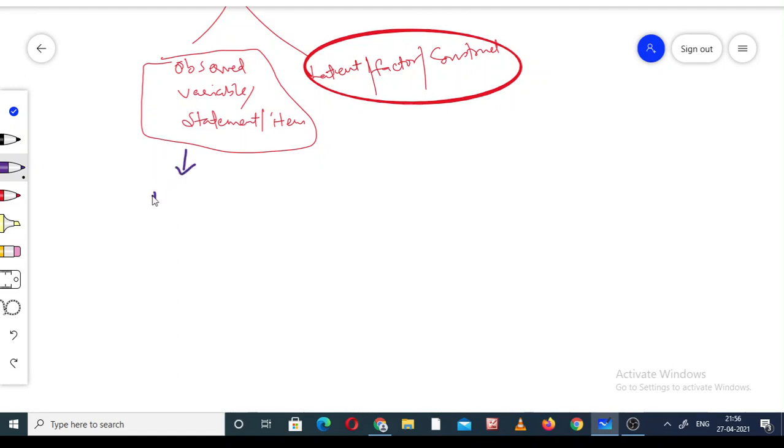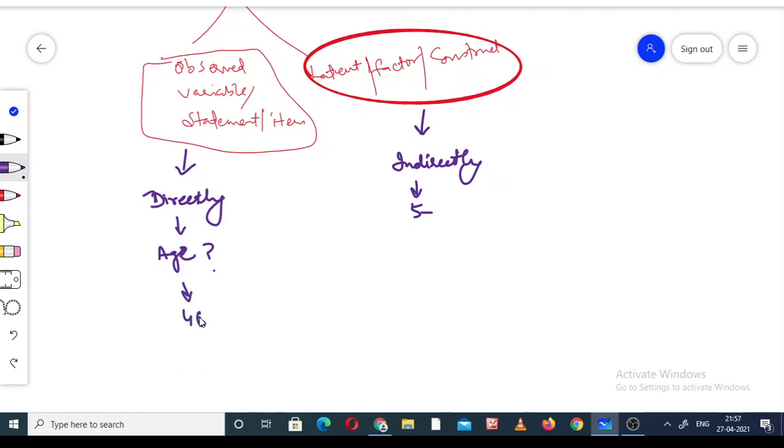The first, we directly ask the questions, and the second, we ask indirectly, that means we make some statements and we ask through the statements. For example, directly, what is your age? This is a very simple question. We directly ask this and you give the answer, my age is 40 years. Complete. This is direct, and this is part of the observed variable, or statement, or item.